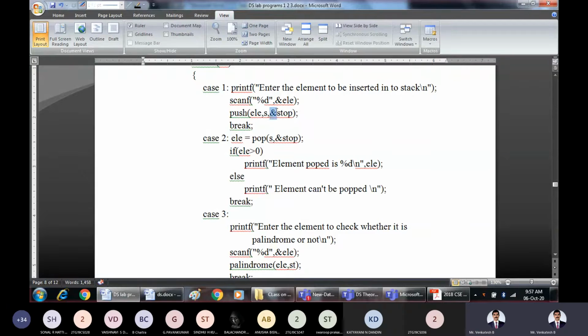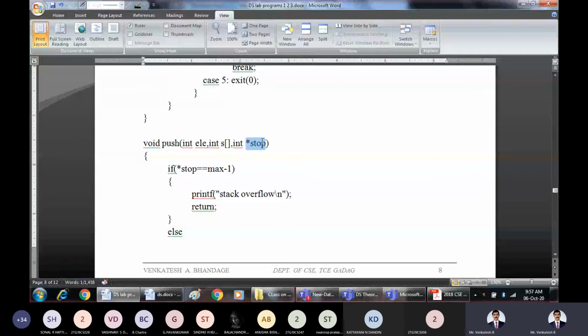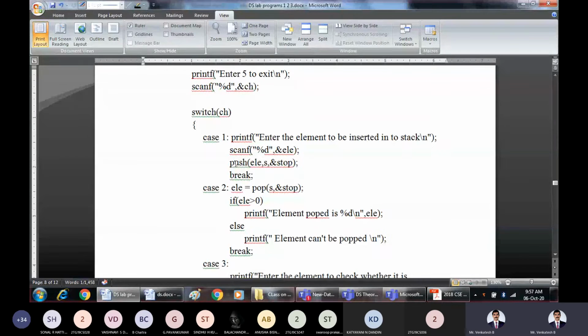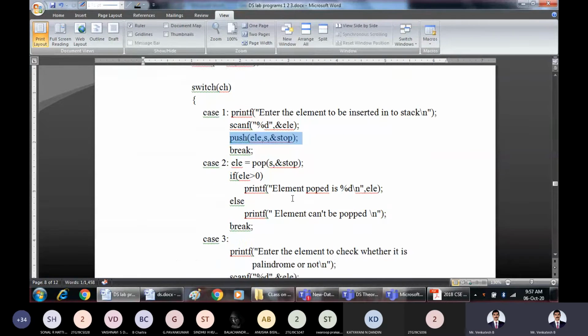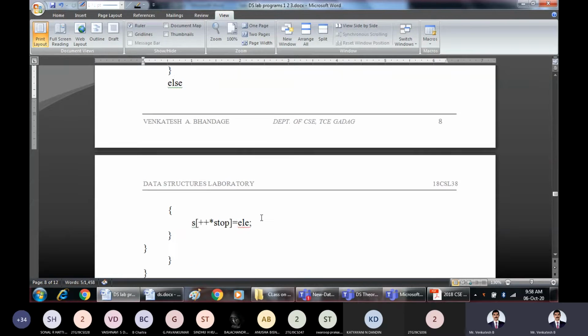When you pass an address for the function call, within the function you should make use of pointers. So whatever element I pass, this function definition is invoking this particular definition. Now this is the push function.